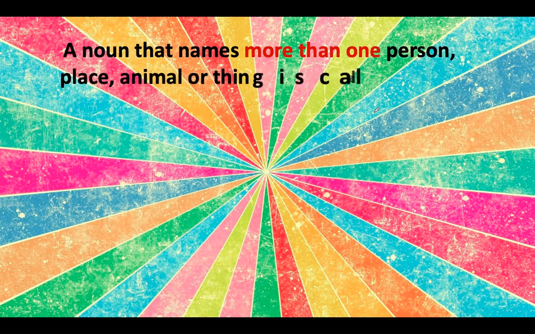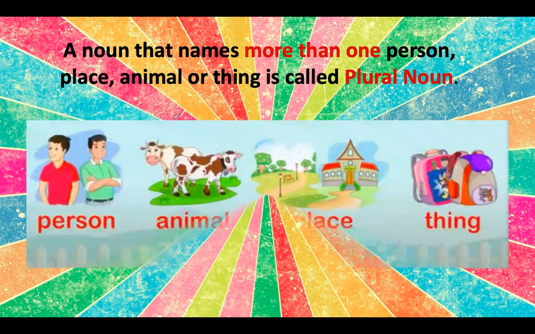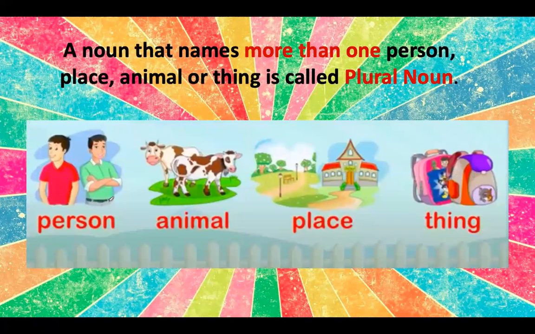A noun that names more than one person, place, animal, or thing is called a plural noun. Which noun? The noun that names more than one person, more than one animal, more than one place, and more than one thing. These nouns are called plural nouns. Okay? For example,